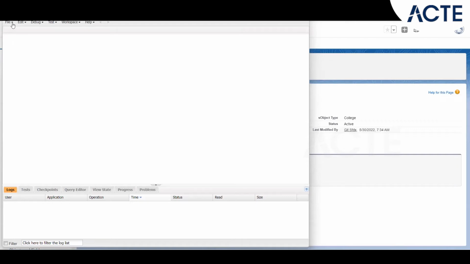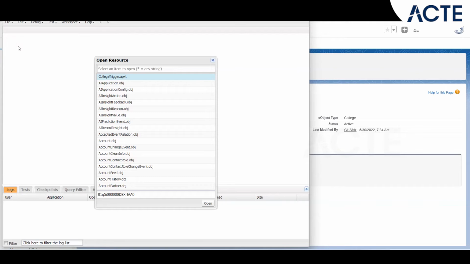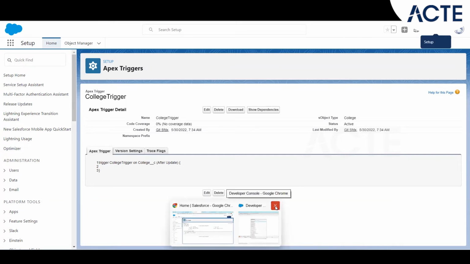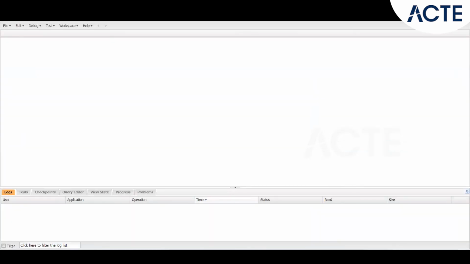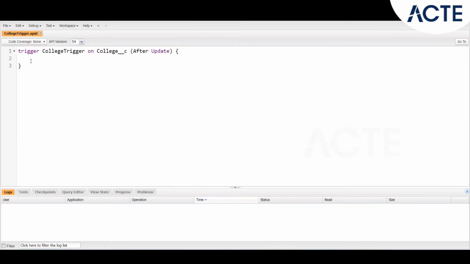If you come to the file and click on the open resources, something like this, and in global search you have to search for your trigger name. Now we have opened the trigger via the developer console. How we will do, simply go to the file, open, search for the trigger. So whatever trigger you want, just open that one. Okay, things are clear. Whenever you are writing trigger, the first thing first will be the trigger, then you have